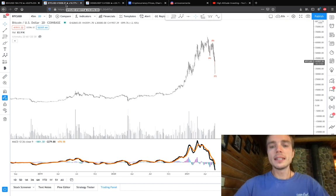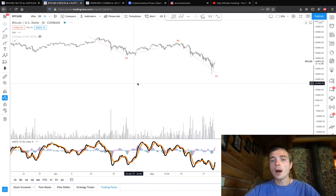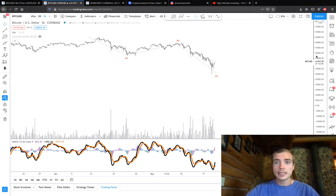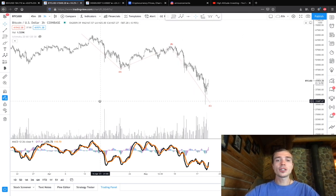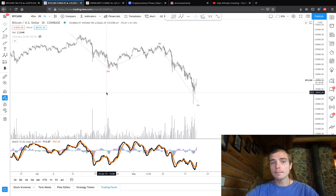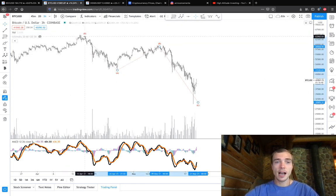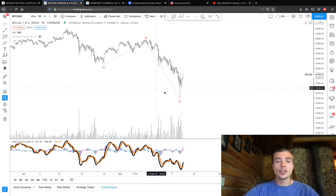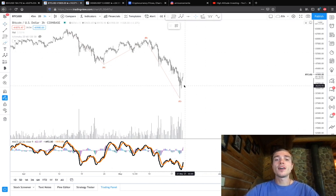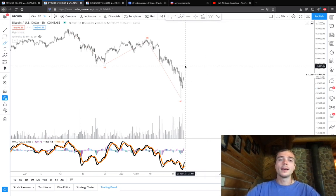All right, so Bitcoin is definitely looking very bullish today. If we drop time frames into the 3-hour time frame, you guys will quickly see that Bitcoin is inside of an ABC correction. Now, ABC corrections are a very high probability trading pattern, and they are one of the best buying opportunities that you can see inside of the entire market. And with this ABC correction inside of Bitcoin, we have a huge bullish wick. A bullish wick essentially means that the price fell so hard and then was bought up so quickly that it causes a wick or a pin